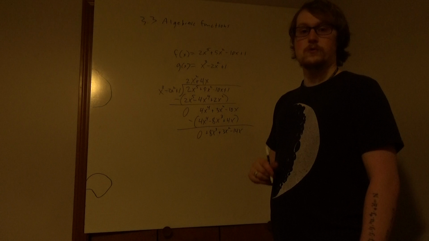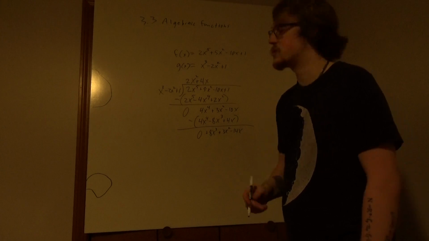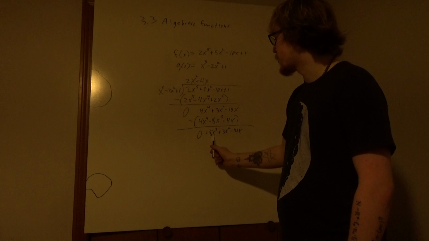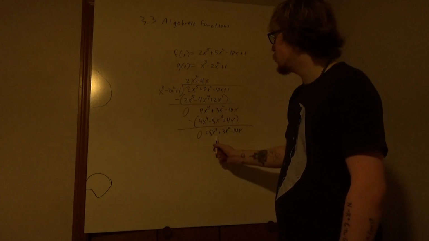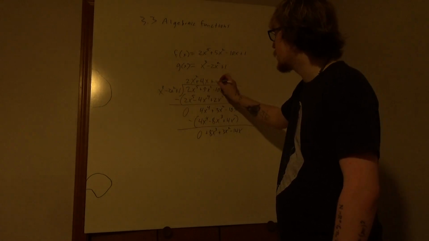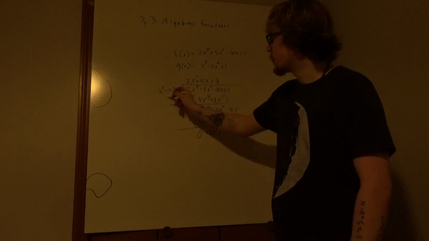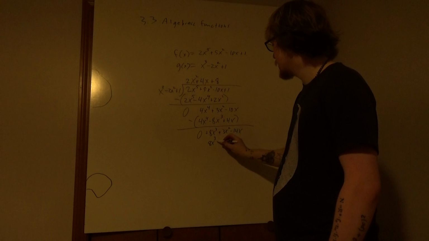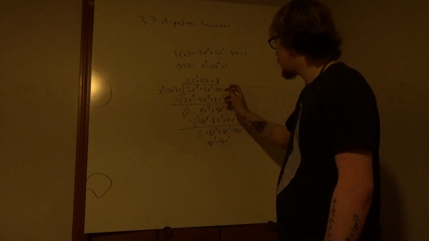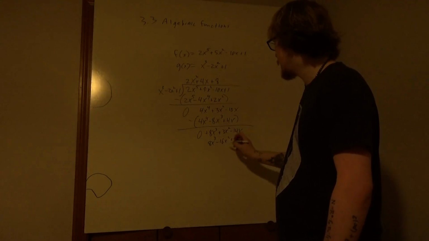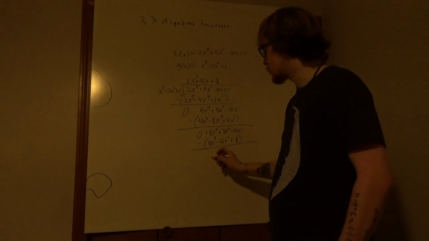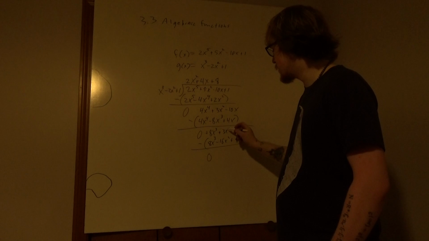And now we do this one final time, which is to say, what do we need to multiply this by so that the first term cancels with this? Since it's already x cubed, we only need to multiply by 8. Distributing the 8 in, we get 8x cubed, 8 times that is negative 16x squared, and plus 8. We now subtract it off one last time. The first terms cancel. The second terms, we're going to have